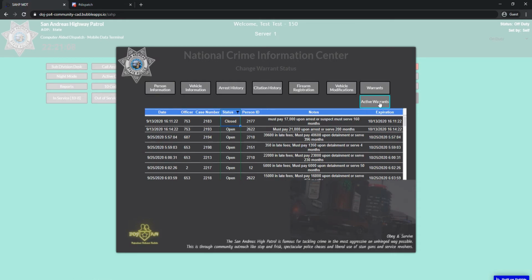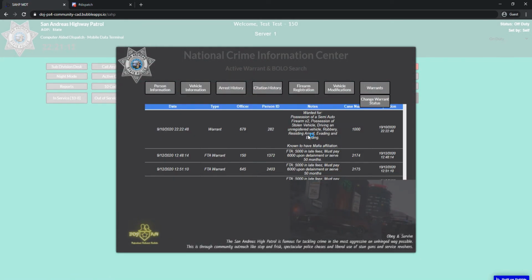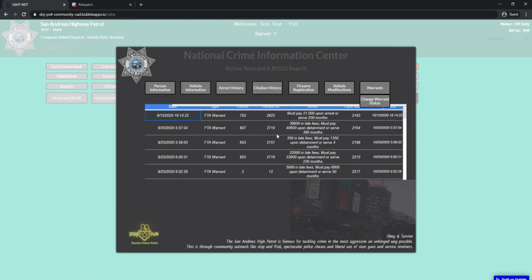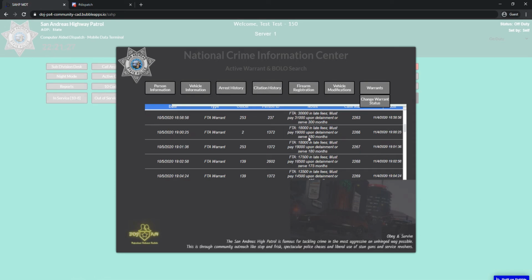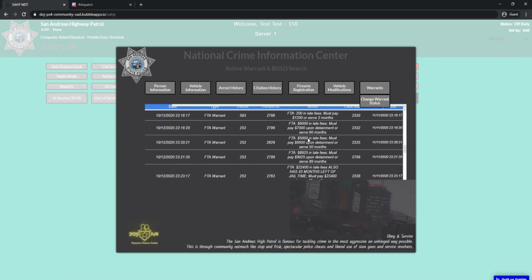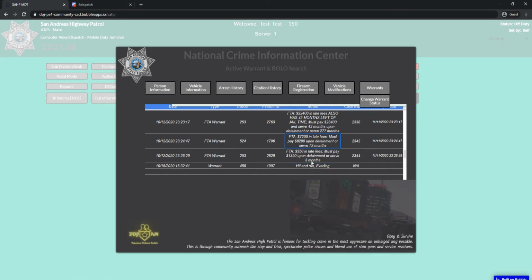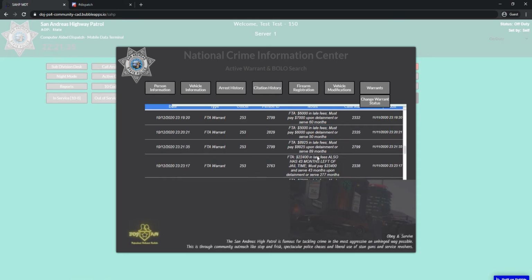If you'd like to go to active warrants, that just shows all warrants that are active right now. These can't change. Actually, this is gonna update, I believe. Yes. Yep. So these will change while we close and open warrants. And they may get a little backloaded in the format. Well, no, actually, it looks pretty good. But regardless, these are all active